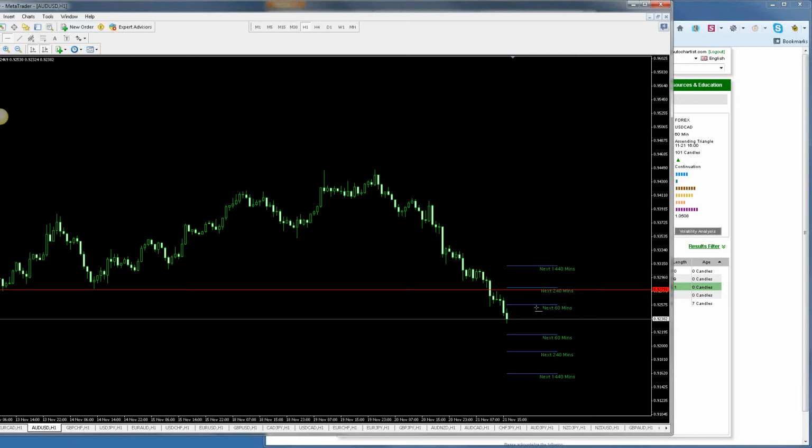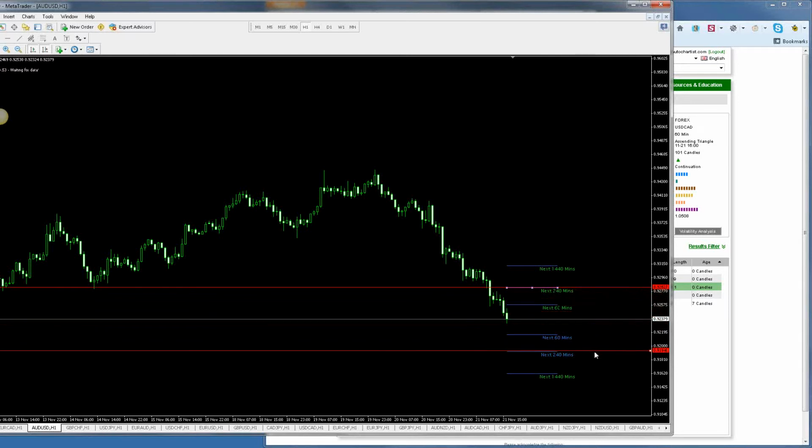Well, this makes it very simple because there are lines across here. So let's say you want to go away for even a day or even for 4 hours. You want to just leave your screen going. You've got work to do. You don't have time to sit around the screen. So what you could do is set your stop loss at this line at the 240 minute, okay, and you could set your take profit down over here,